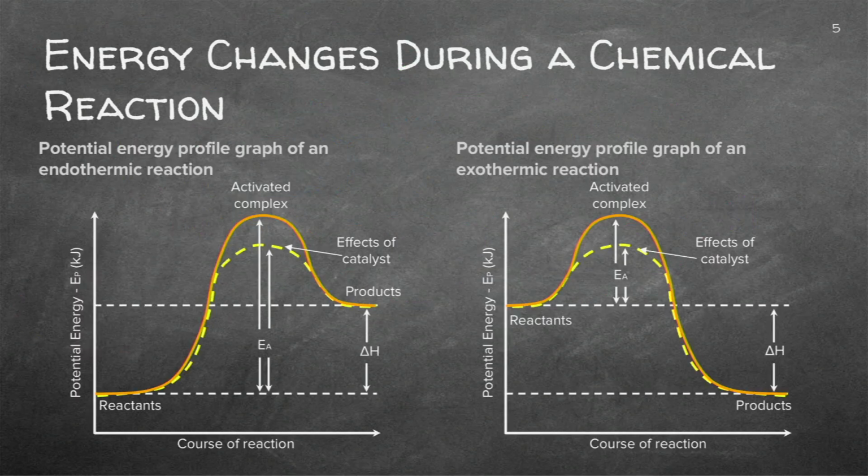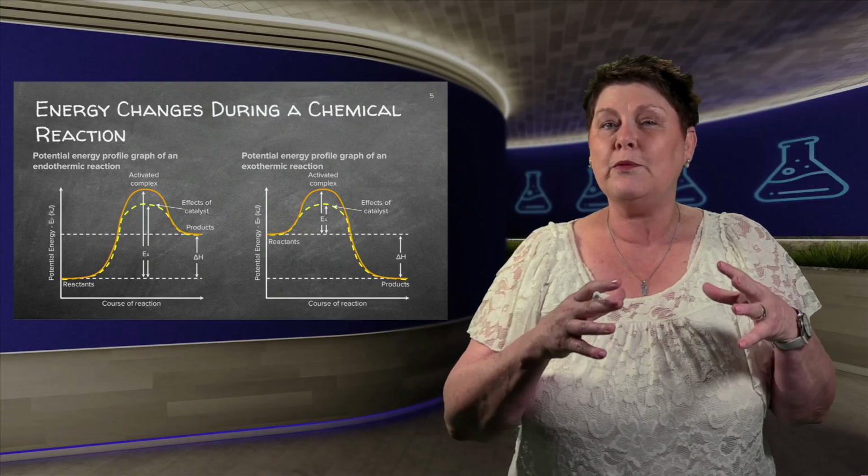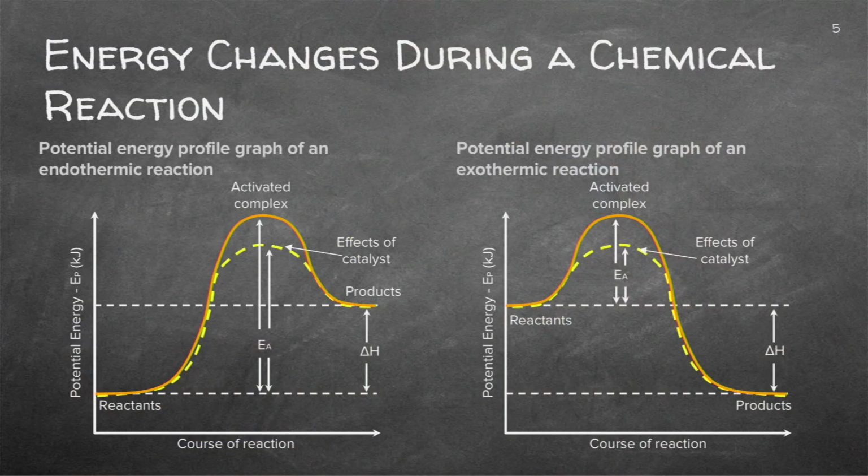So we draw graphs. It's much easier to draw a graph, and you've done this in previous grades. So you can have a look at those lessons where we actually did the graphs of a chemical reaction. Firstly, we can start with a reactant here and go up, and remember that's the activated complex. There we find the product, so it gave off that energy there. The energy that went in is the activation energy that side.